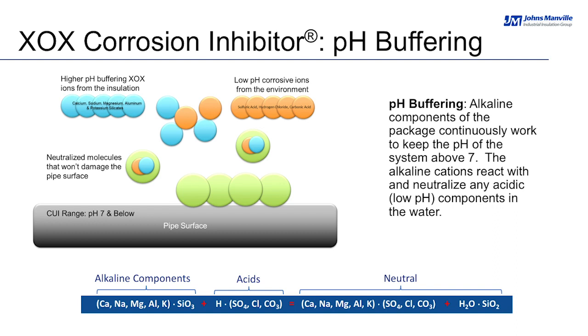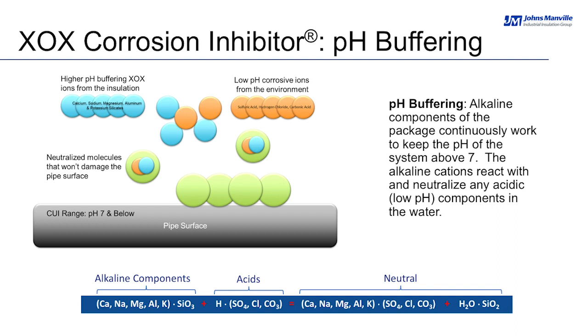With our XOX corrosion inhibitor, there are two mechanisms at work to help inhibit corrosion with our Thermo 1200 or Sproule WR 1200. So the first mechanism that our corrosion inhibiting package uses to combat corrosion is through pH buffering. Low pH compounds from the environment can accelerate corrosion on the pipe surface, especially at high temperatures. When the XOX corrosion inhibiting compounds in the insulation come into contact with water, they result in a slightly alkaline environment. Those alkaline components in the system will neutralize any acidic compounds that may enter the system to keep the